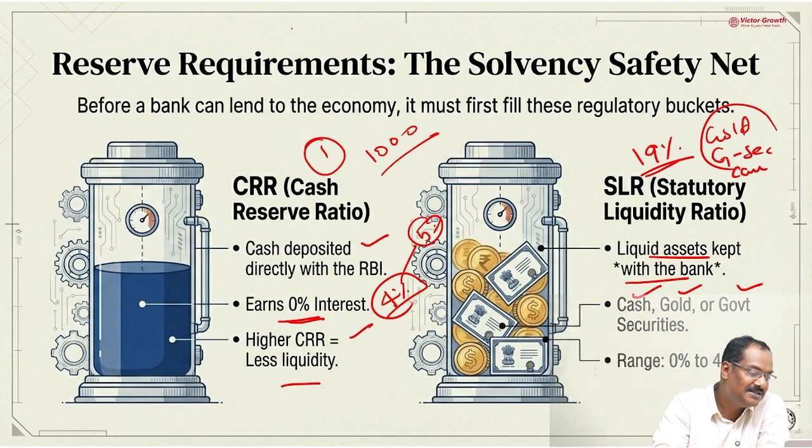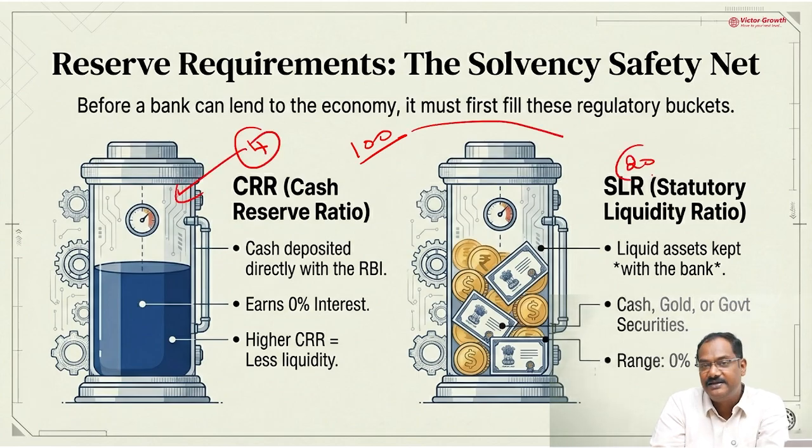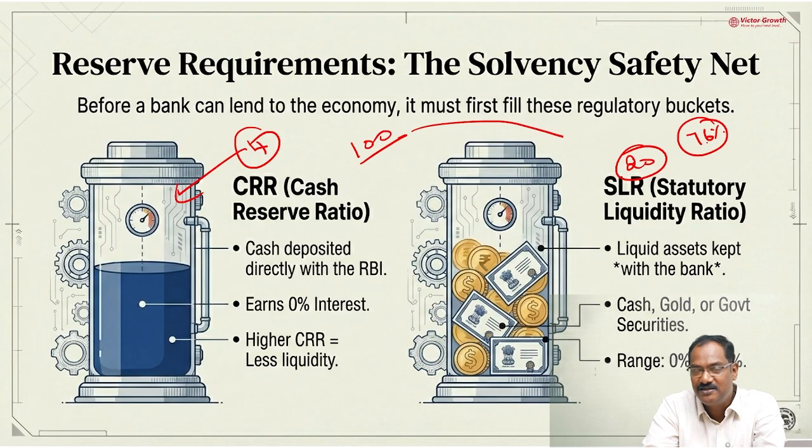I'll make things very simple. You are a bank, and you are starting a bank with 100 rupees. Around 4 rupees you have to keep as cash in the CRR. Around 20 rupees you have to keep as SLR. The remaining, how much? You are good in mathematics: 76 rupees only you can give as a loan. In that also, you cannot give to whoever you want, because there's another concept called priority